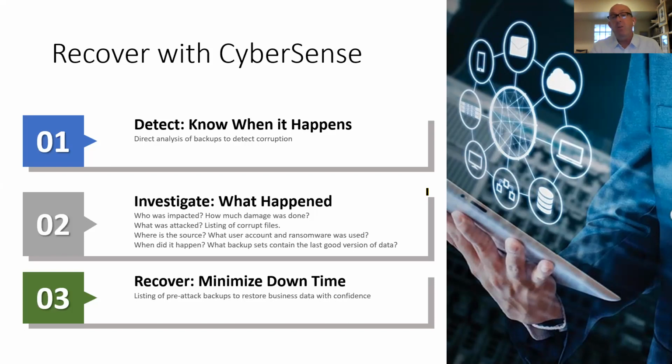So who was impacted, how much damage was done. So was it 5 files or was it 50,000 files that were corrupted? Big difference. What was attacked? Is it all data, office documents on a single server? It'll give you a listing of corrupted files. Where is the source? And, using the exact listing of corrupted files with the full file name and path, you